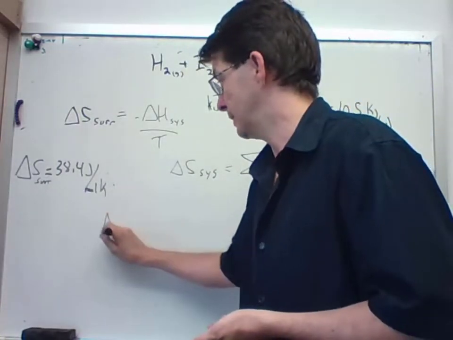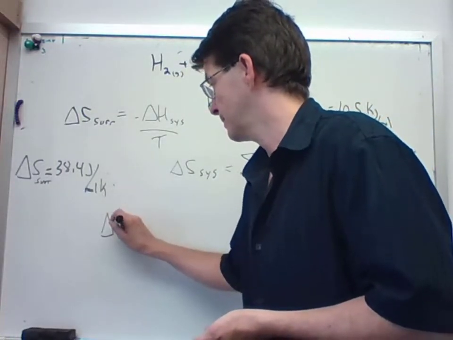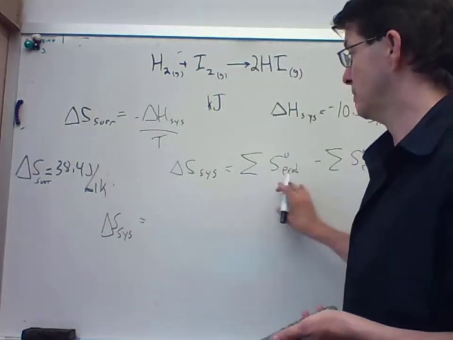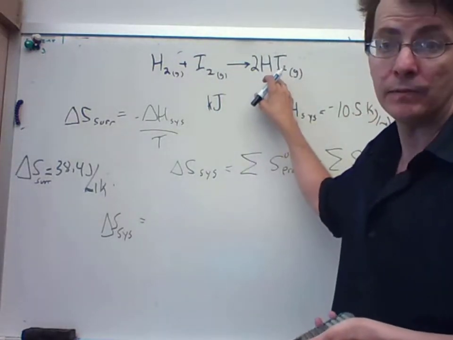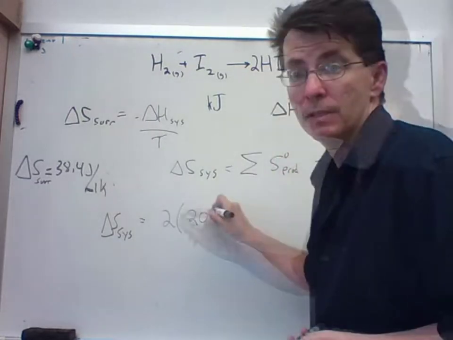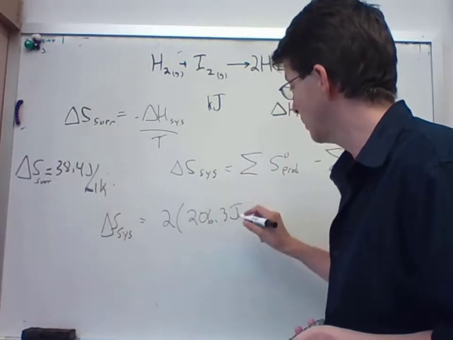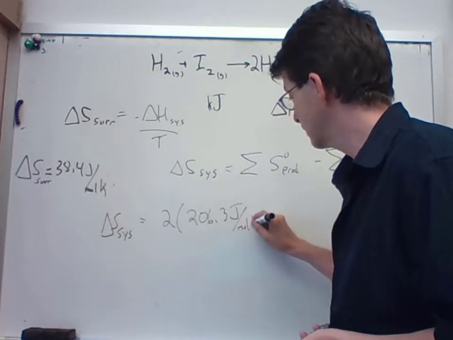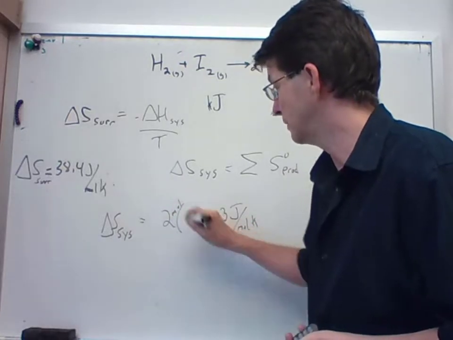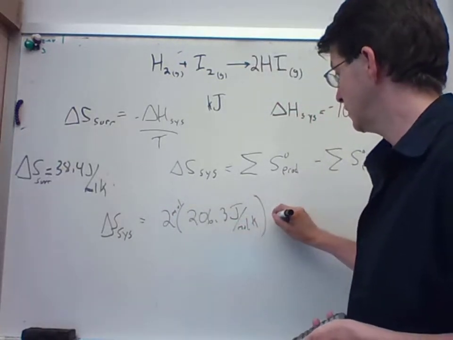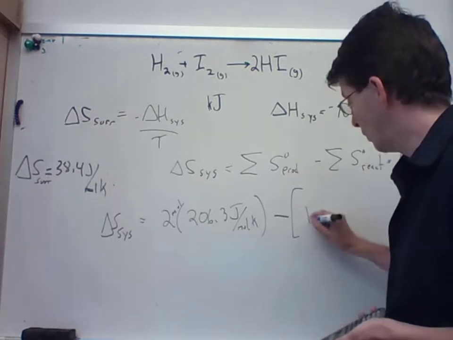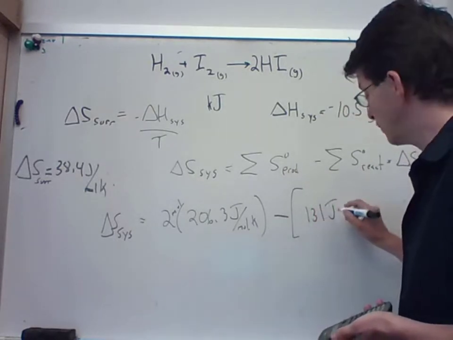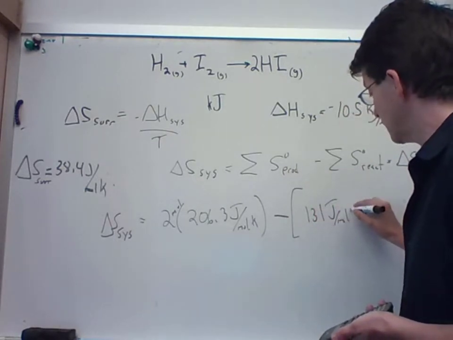So in this case, delta S of the system is equal to the sum of the products, in this case the 2HI, 206.3 joules per mole Kelvin, times the 2 moles of the HI, minus 131 joules per mole of hydrogen,